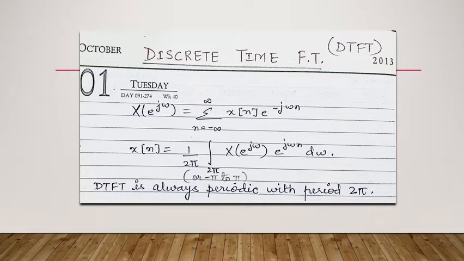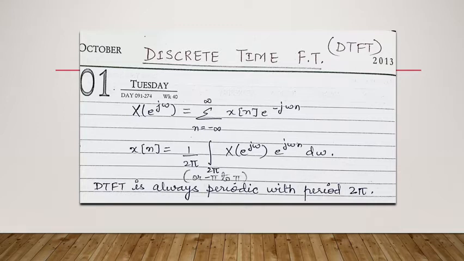Now similarly, as we are converting the signal from time domain to frequency domain, we can convert a signal from frequency domain to time domain also. For that we have the second formula which has been given here. In this second formula, the left hand side is representing x of n, the time domain signal. And on the RHS you have capital X, the frequency domain signal.